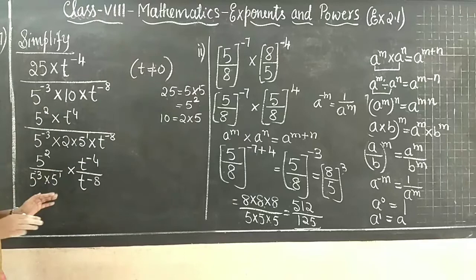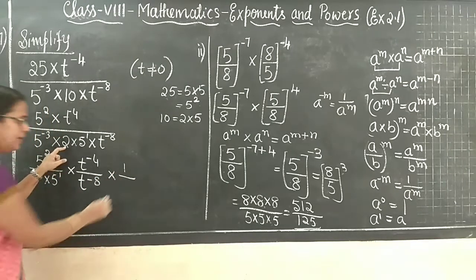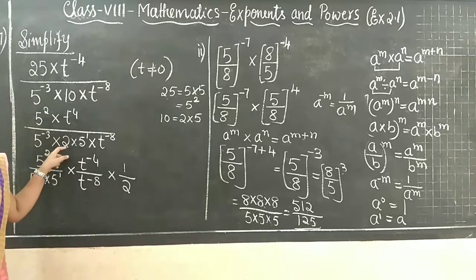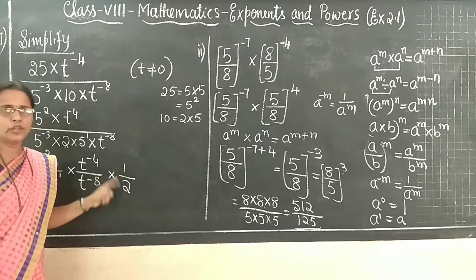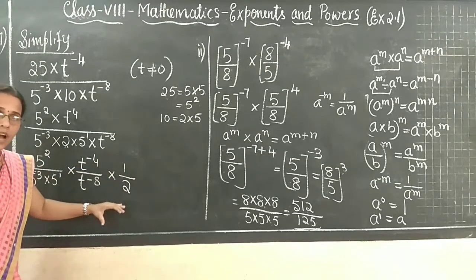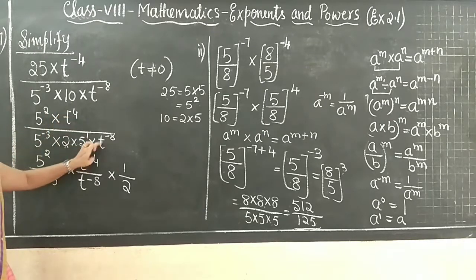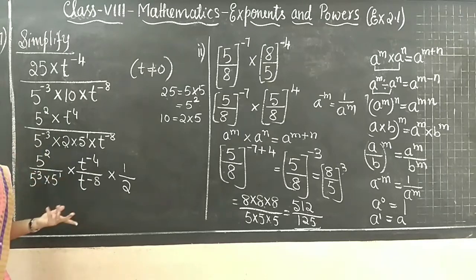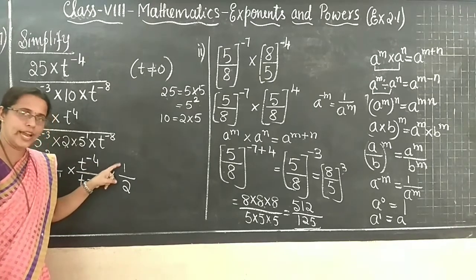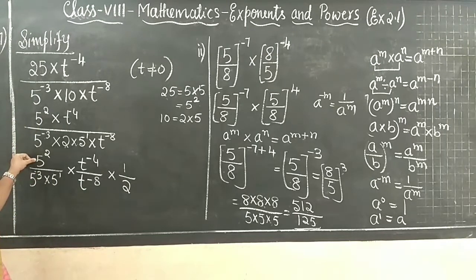Separately I will write so that you can understand. 1 by 2 is in the denominator means denominator 2. Numerator nobody means 1 here. Right? Okay children. So now see that this became separate. Can you make out? 5 2 times, 5 3 times, 5 together, t 4 times, t minus 8 times together. 2 is separate, no partners at all. As it is, you write 1 by 2. Got it? So now next step, what can we do here, children?